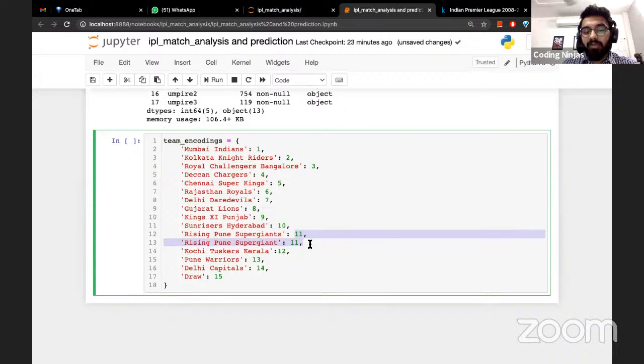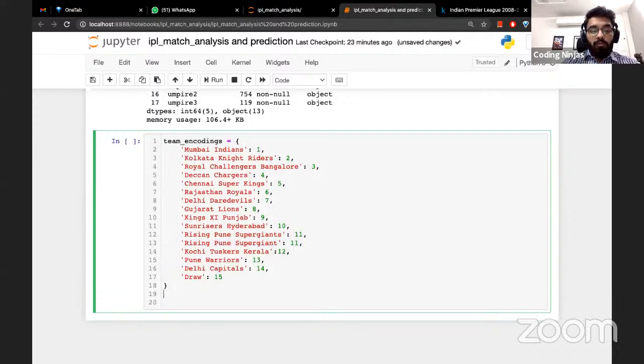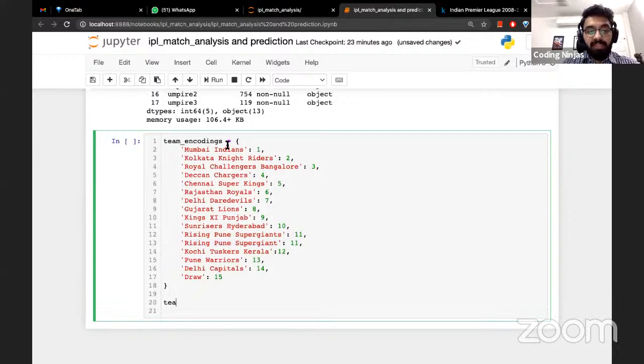So that will basically address it. If we group or aggregate them, that'll give us the same value. For team encodings, we have provided the same value for Rising Supergiants, so we have encoded them the same. Now what we need to do next is, this is the general encoding dictionary. Now we need to create one specific to each column so that we can apply it directly. For each column, we'll have to apply this dictionary, so let's say team